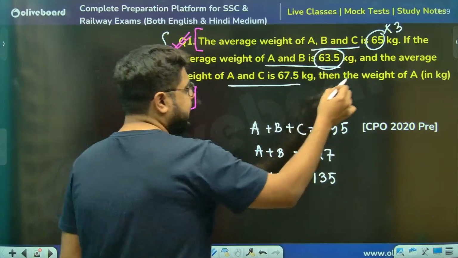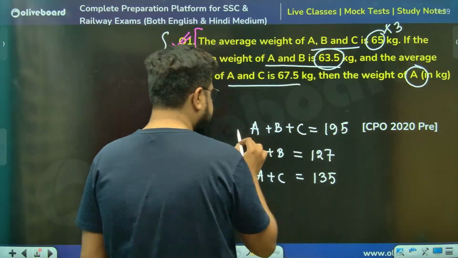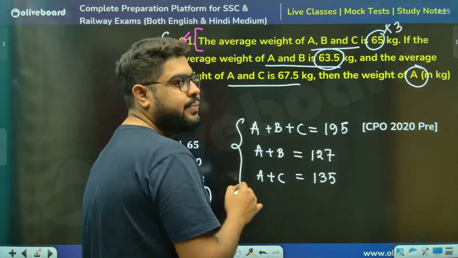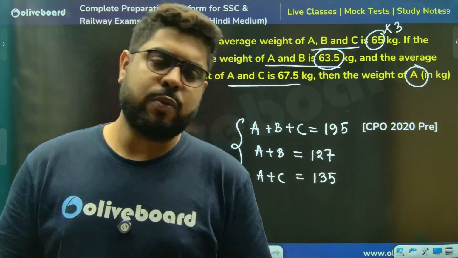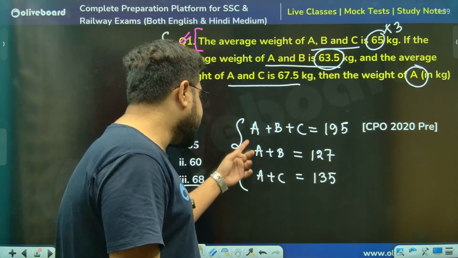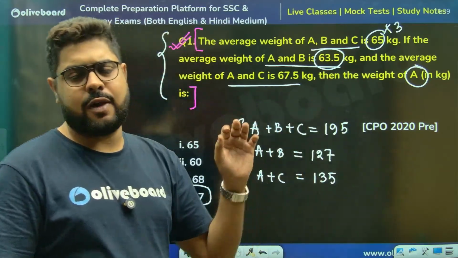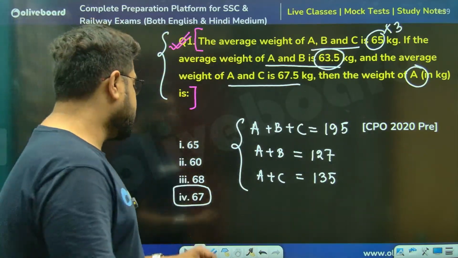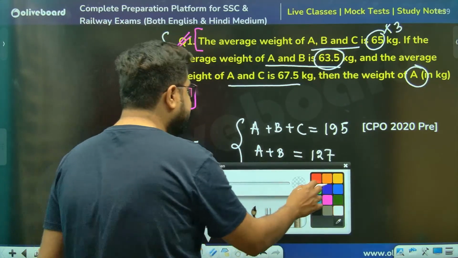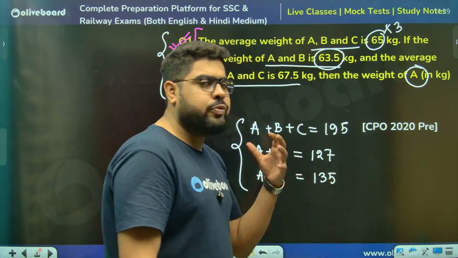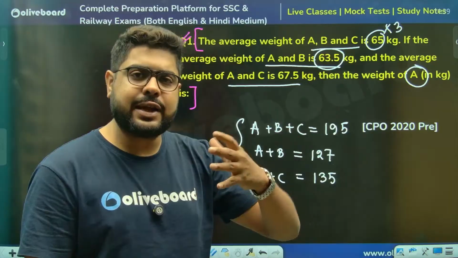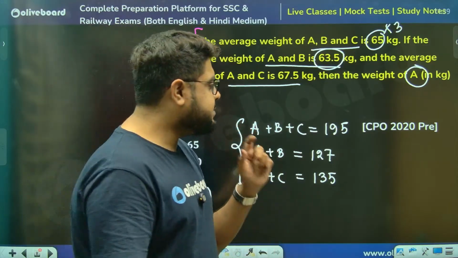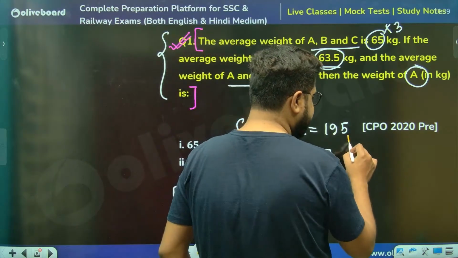Now, sir, I need A. I need A from these three equations. Now, you'll say there are so many ways of doing it. There are so many ways that I can solve from here, A cancels B and C, then from there something. I'm saying no. This is what you guys need to learn: how to manage equations in a very effective and clear manner, sir. That is very important. That is the reason I've taken this question.